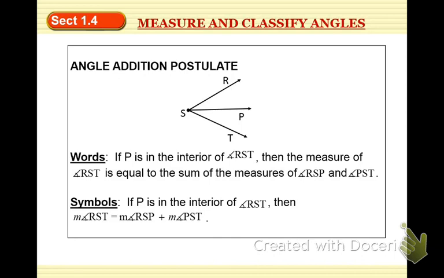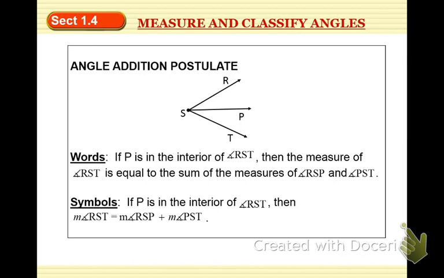So here we go. If we got P on the inside of angle RST, interior means inside, right? So if P is on the interior of angle RST, then it takes RST and basically separates it into two other angles. We saw this in a previous picture. Then we know that if we add the measure of angle RSP to the measure of angle PST, then they're